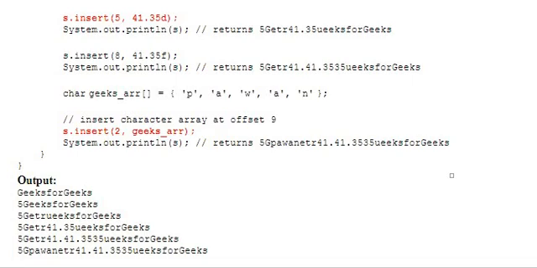And you are inserting a character array at an offset position. Check the output.